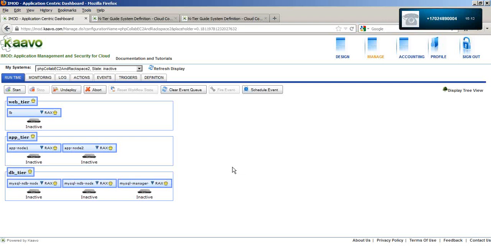Rackspace is currently the active provider. If I deploy the system as it is, the deployment will be in Rackspace. If I want to deploy it in EC2, I have to switch the system to EC2. I will do that by switching all the roles in it to EC2.